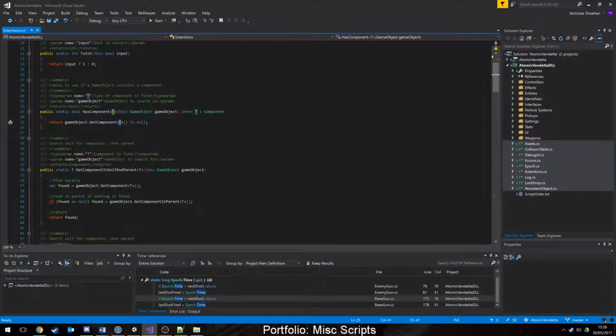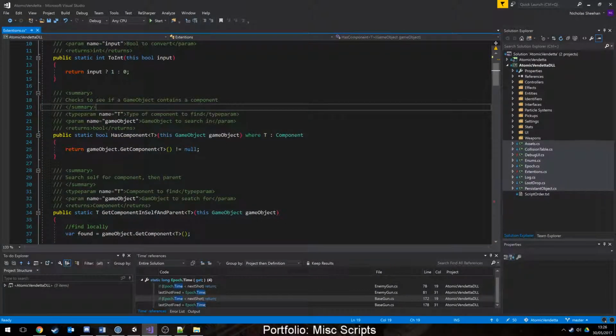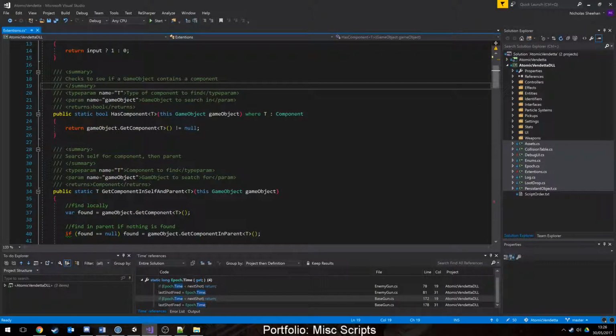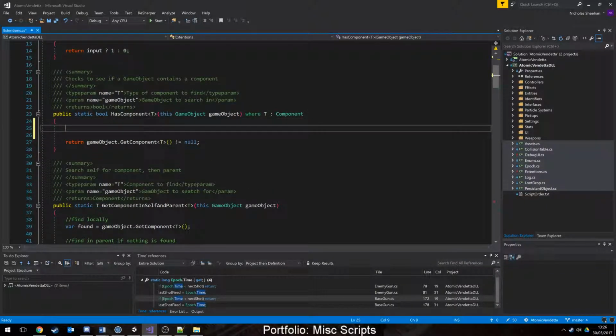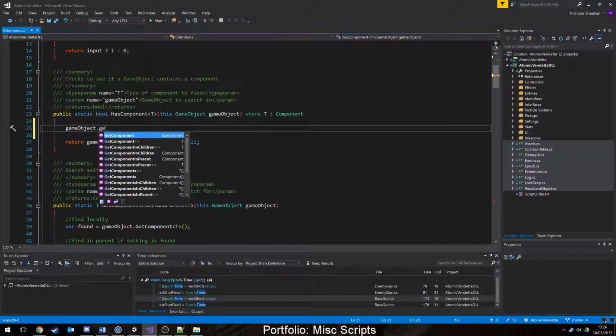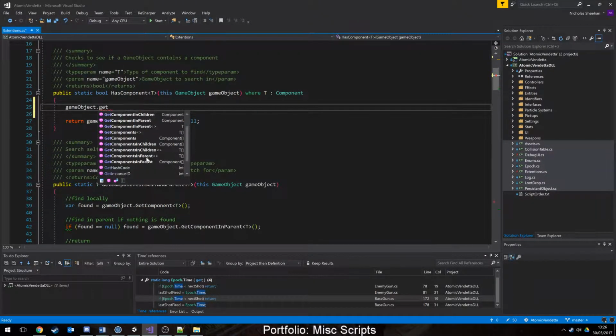Oh, image, sprite, animator, anything like that. We can use this. This is the rough signature that it has to be in order for it to show up. So when I say show up, I mean like if I do GameObject dot, if we scroll down,